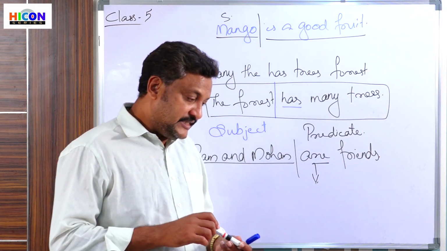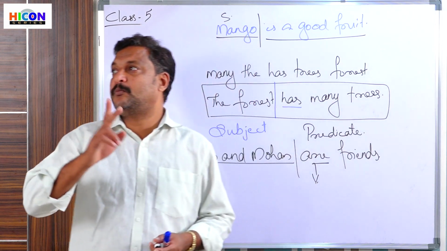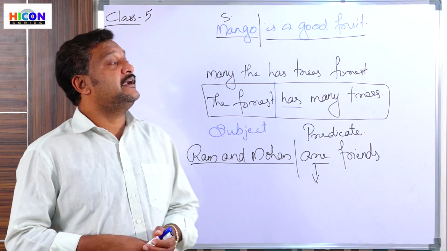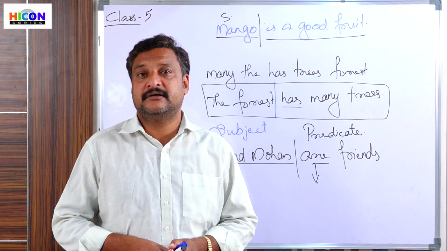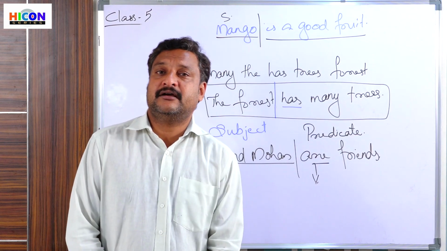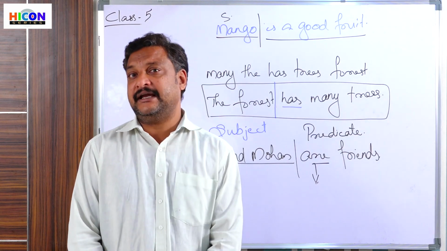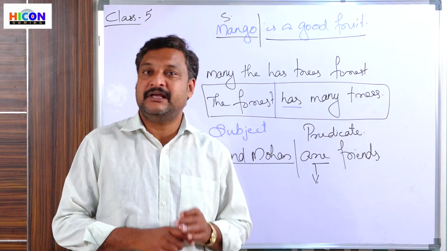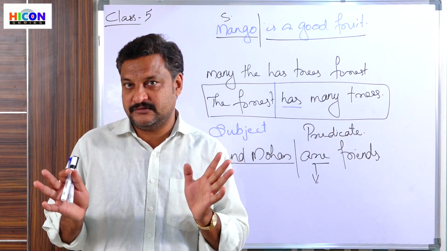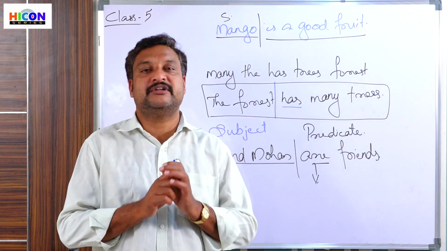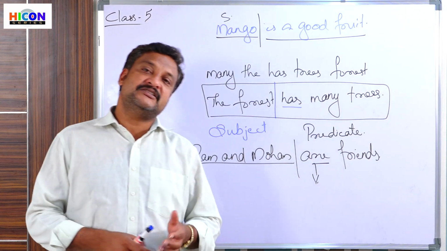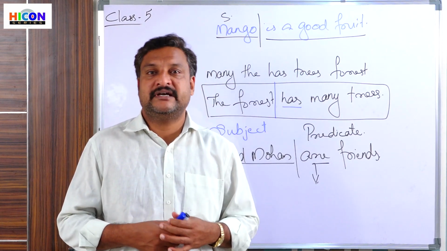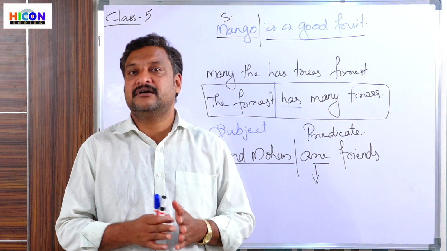Okay. So subject and predicate are the two parts of a sentence, and it's easy to identify the subject and the predicate based on the verb in the sentence. There cannot be any sentence without a verb. If there is a sentence, we have to use a verb, and based on this verb in the sentence, we can easily identify which is the subject and from where we have the predicate.